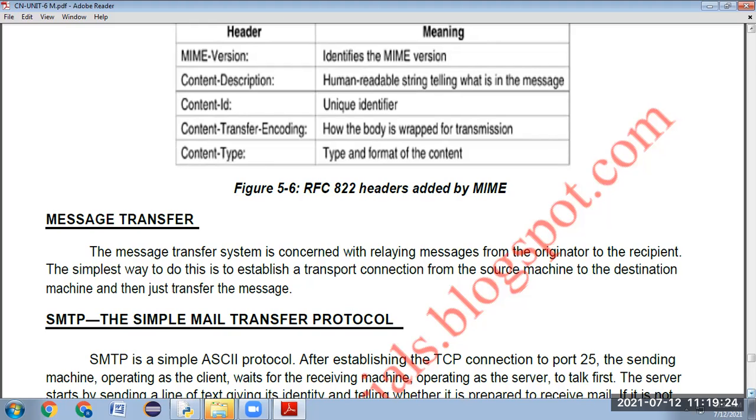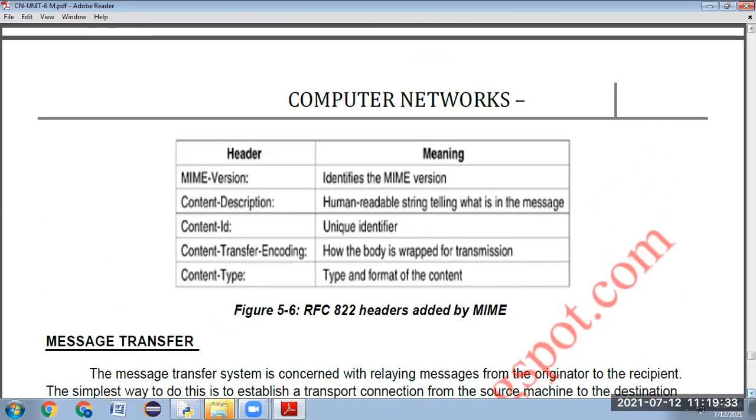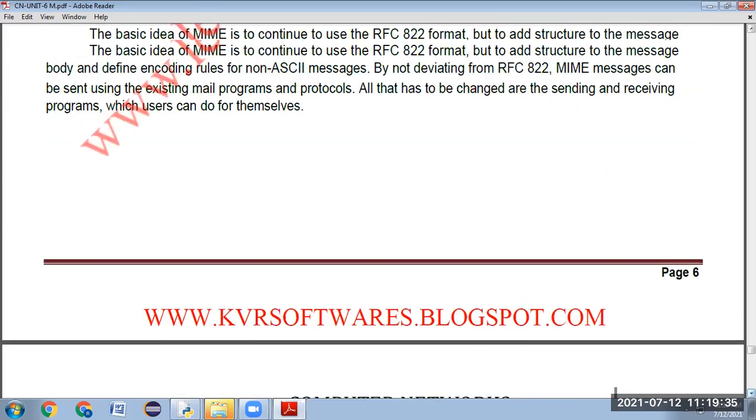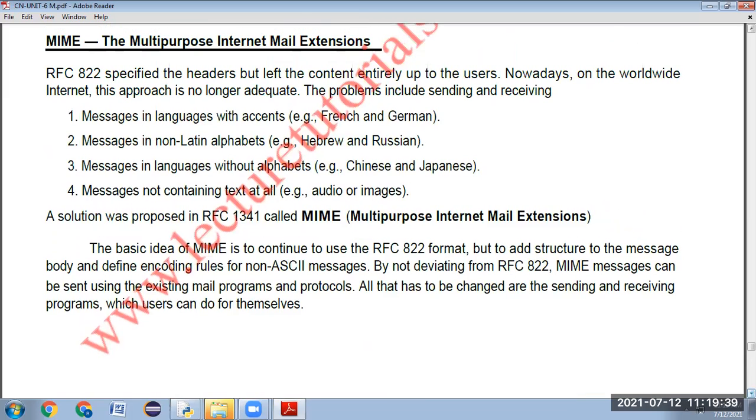That is briefly the MIME protocol, simply about the MIME protocol. See that once, read that once. Then we will go for the SMTP protocol.